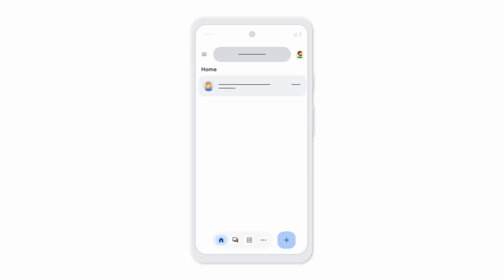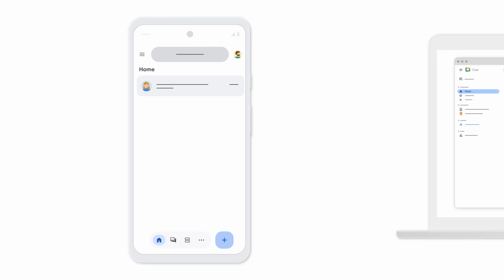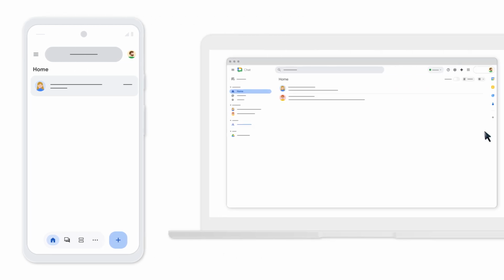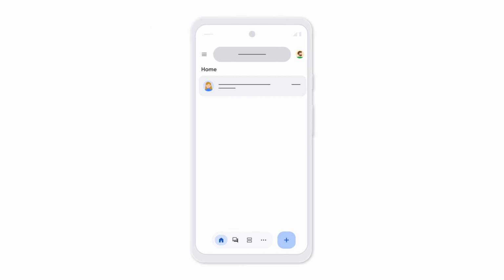If you get notifications sometimes, but not always, go onto your computer and close any active Gmail or Google Chat browser tabs you might have open. When you're in a browser, notifications show up there instead of the mobile app. Even if you're not active in Google Chat, notifications will show up on all devices where you're signed into your